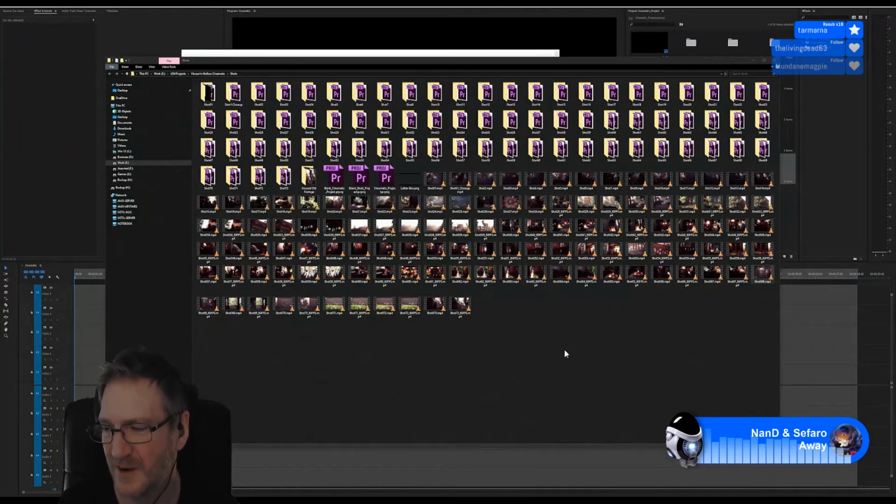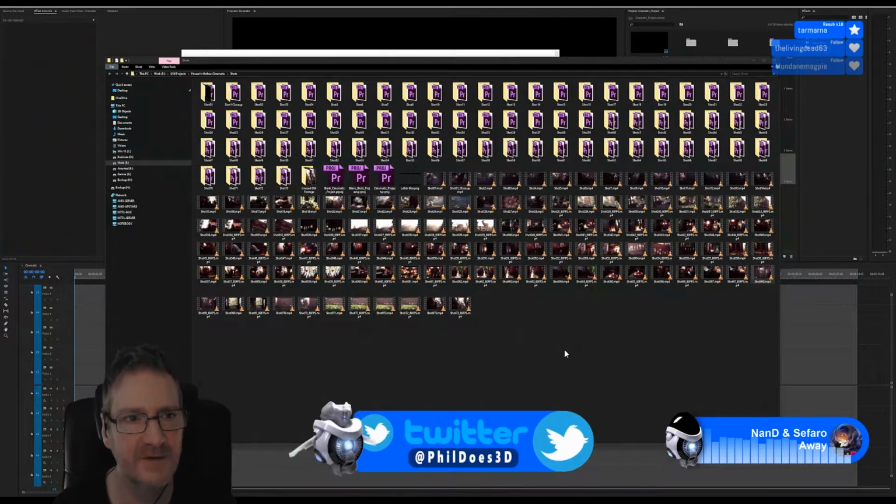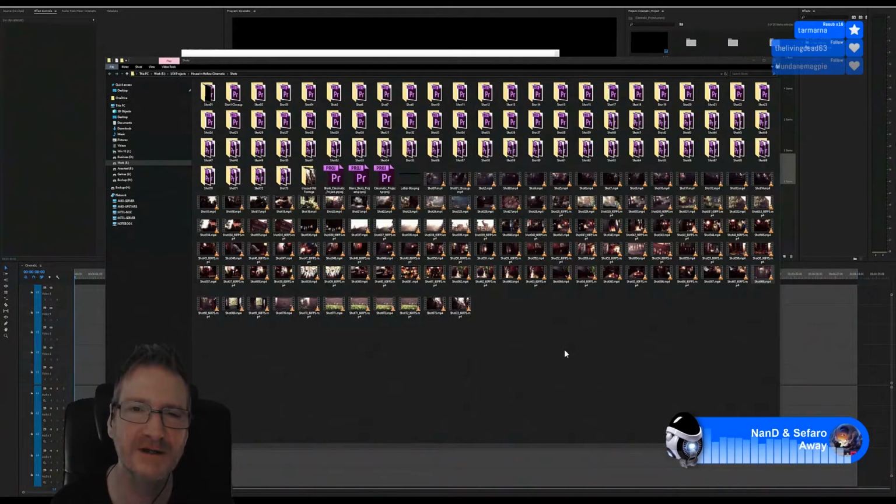TJ says, what if there's a problem with your model? What happens when you try to auto-unwrap it? It'll do its best. If the model has problems, it'll still try and unwrap it for you. It won't crash the program or anything. The program has never crashed on me. It might not be able to unwrap it properly, so you might have to get in there and do some fixing if the model is bad. But it generally does a pretty good job, even on a bad model, at unwrapping. That's Rhizom I'm talking about.